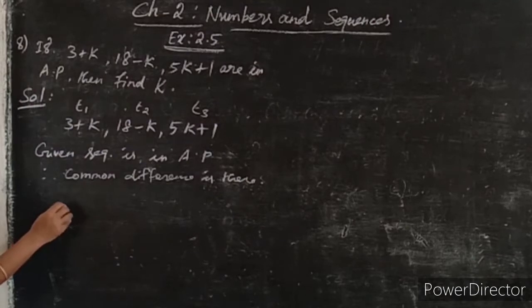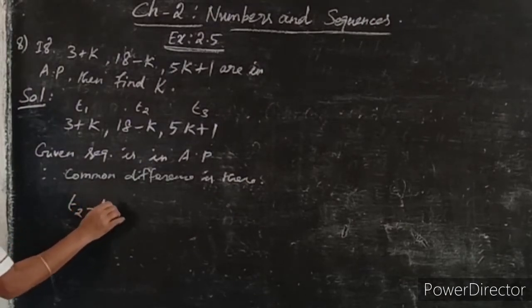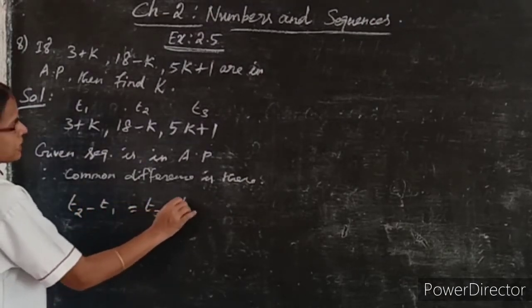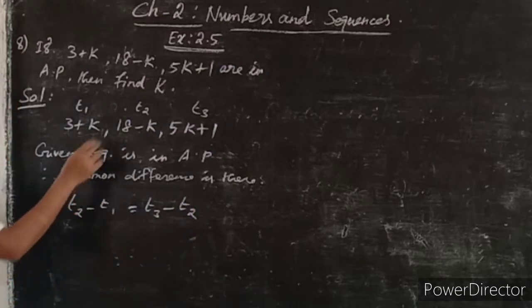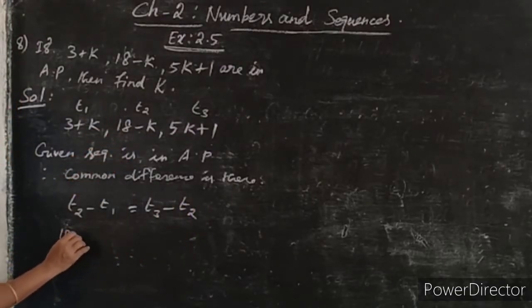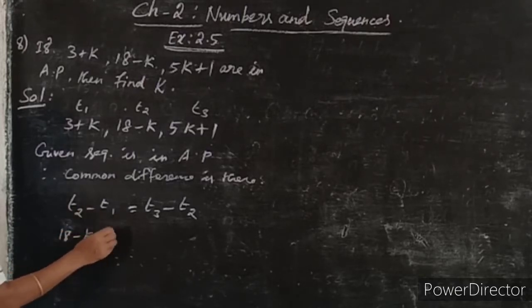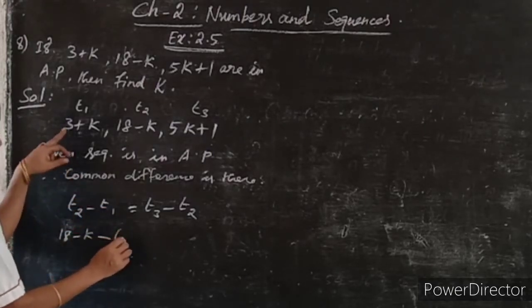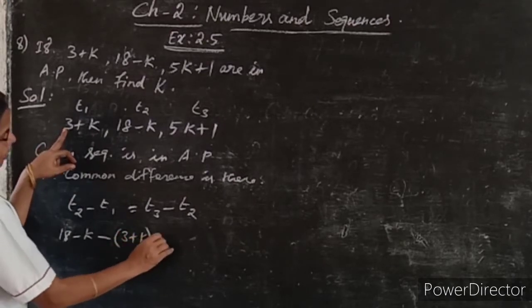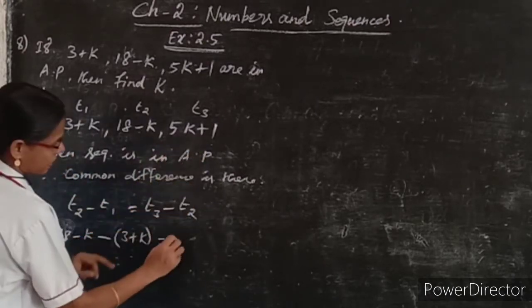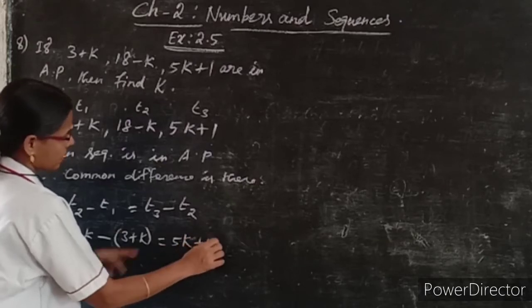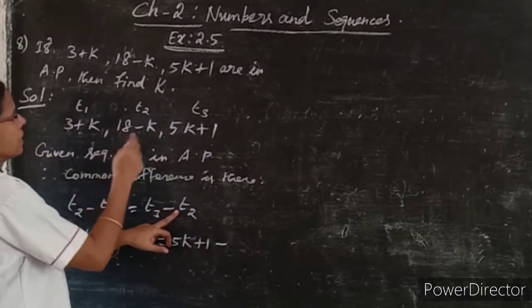That is T2 minus T1 is equal to T3 minus T2. Here T2 is 18 minus k, minus T1, 3 plus k, is equal to T3, 5k plus 1, minus T2,